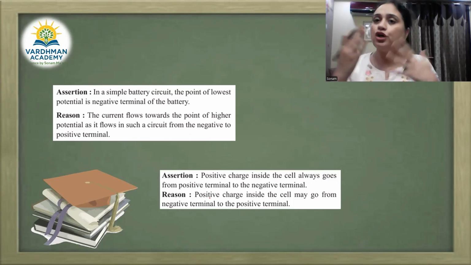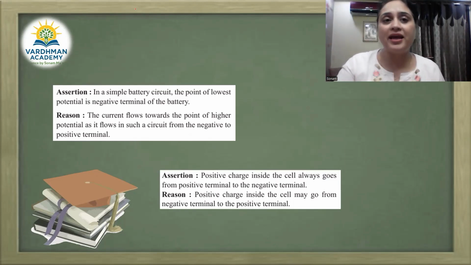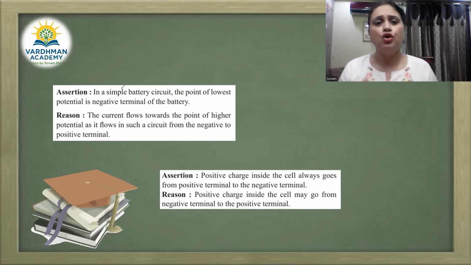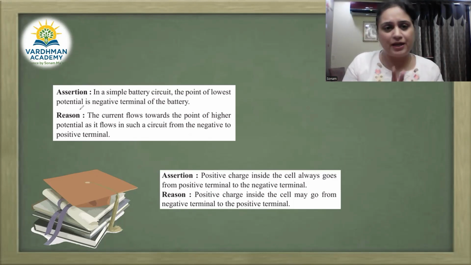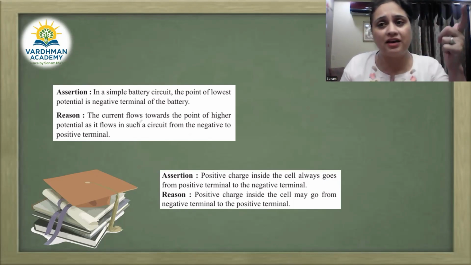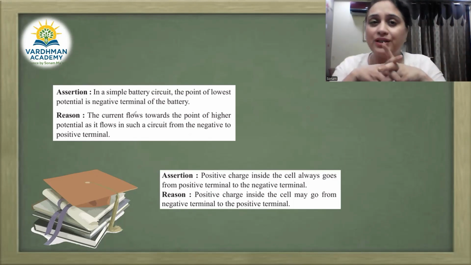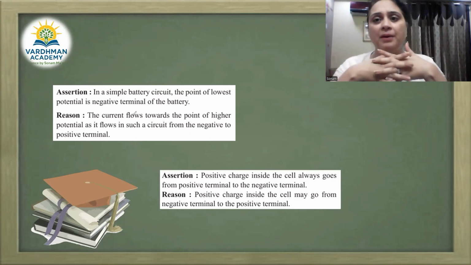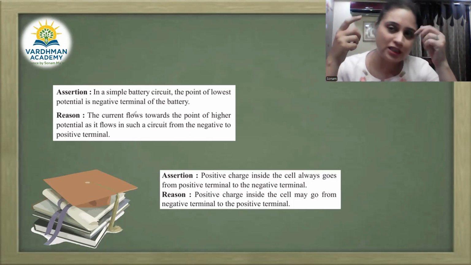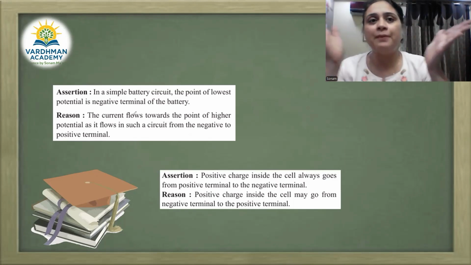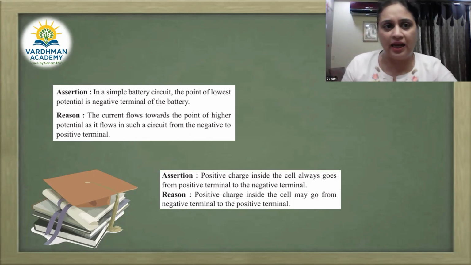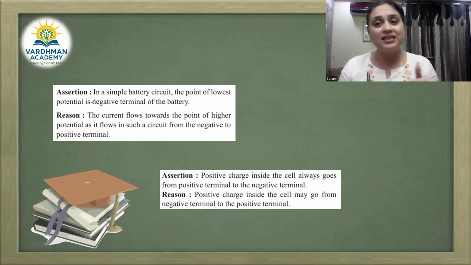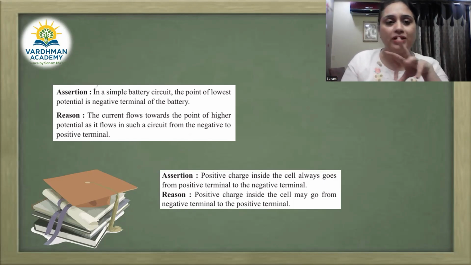It is very important because the topic is such that it doesn't have a very lengthy question, but you may experience any MCQ or assertion reason. So here I've got a couple of questions which will help you understand the topic more. The question is based on assertion reason. I have explained assertion reason in many of my videos. You always need to deal with it as a true false statement, so there is no need to panic. Just like in childhood children enjoyed true false questions, similarly treat assertion reason as a true false statement. First we will figure out whether the statements are true or not. If both statements are true, then we will look whether the reason given is correct or not. Right, so let us start.